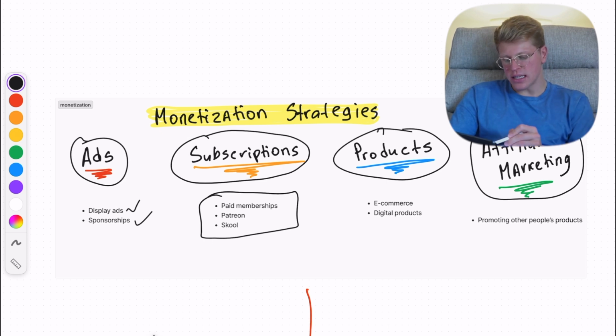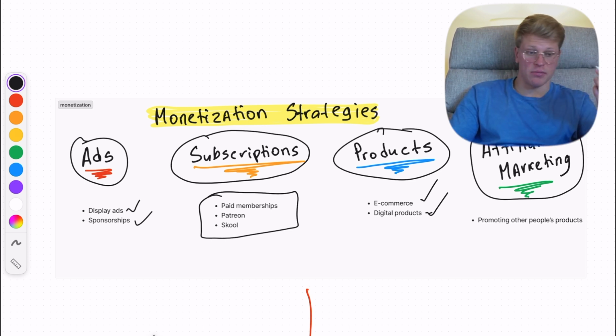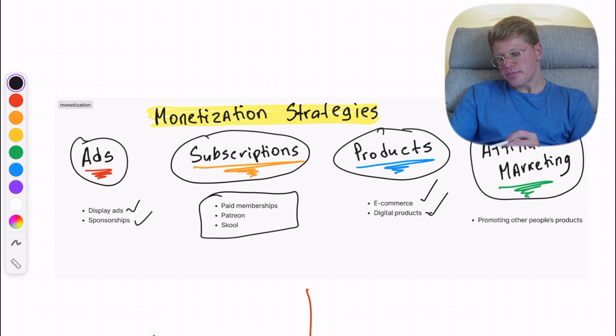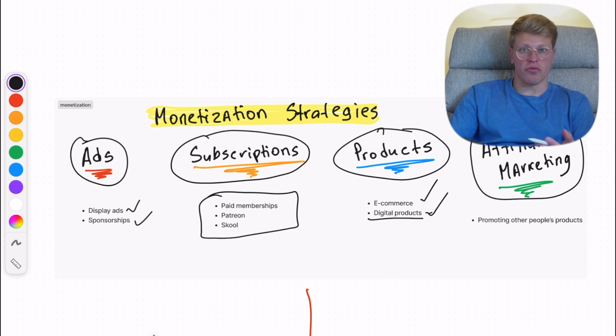Then we got products. They are divided into either physical products or digital products, okay? So physical products is e-commerce, right? You're selling something, whatever it is, and then you ship it to the customer. Digital products is, of course, digital, right? So it can be a course, it can be a PDF or whatever it is, right? Some kind of a product that you make once and then you sell it, but it's in a digital format. A course, an online course, is the most simple example of that.